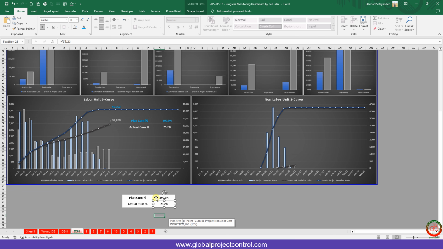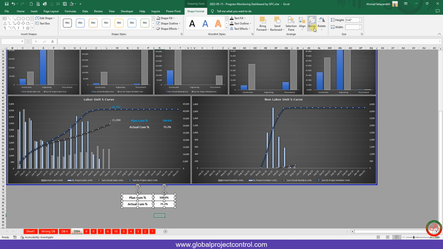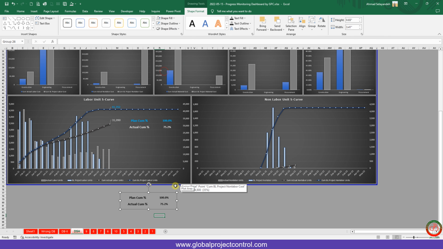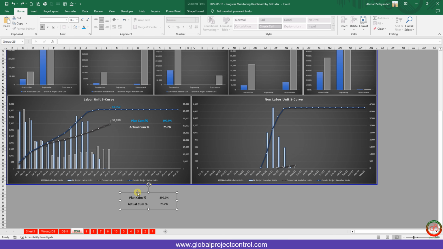And now, because I need to add these four into this chart together, I should go to the group shape format, make it group. Then if you select all of them, you can go to the fill shape and make it no fill with no outline. Then if you want to move this to the chart over here,